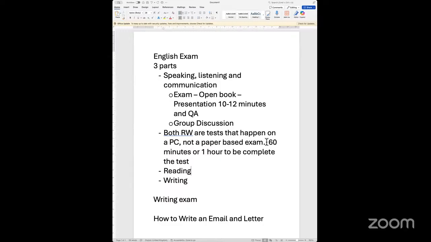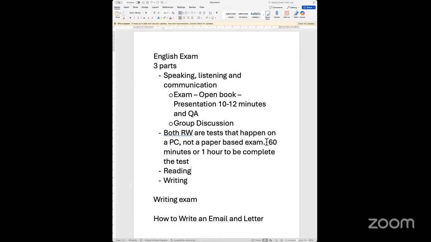So when you are faced with a test condition, one of the first things you have to do is prepare. You have to know what it is that you're going to face, and you should have a plan in terms of how you want to go about facing the test. We are all mature learners, obviously, and because it's an English test, we need to familiarize ourselves with the pattern of the test, what kind of questions are going to be asked, and how to prepare for those questions so that we are able to answer them well.